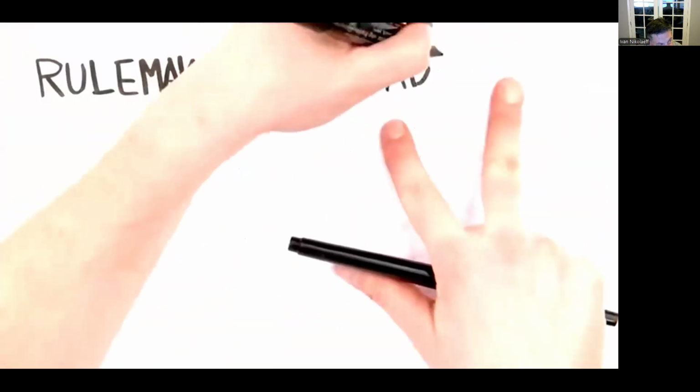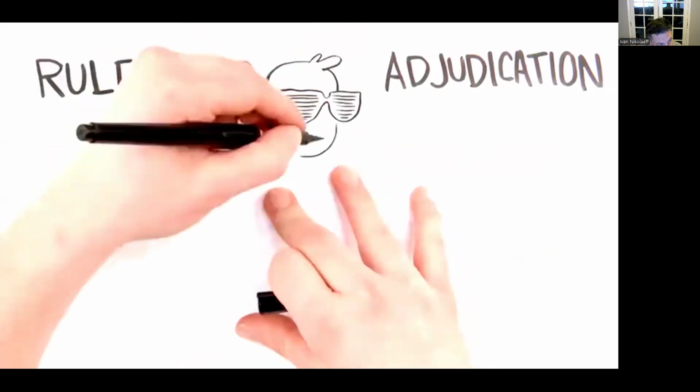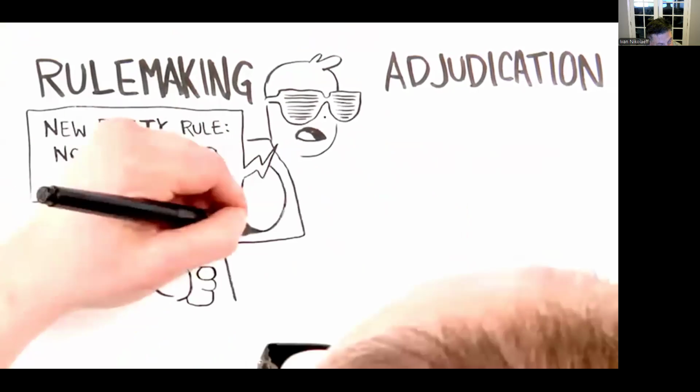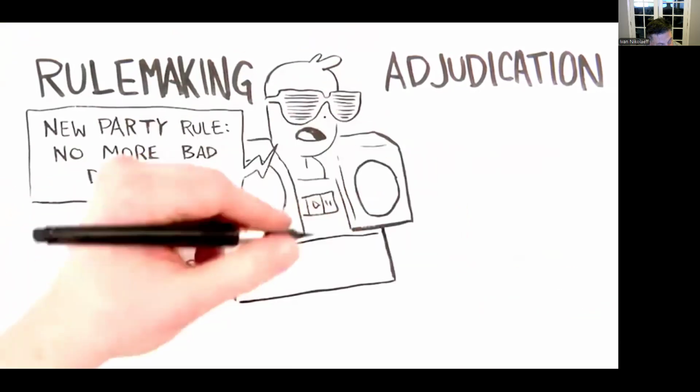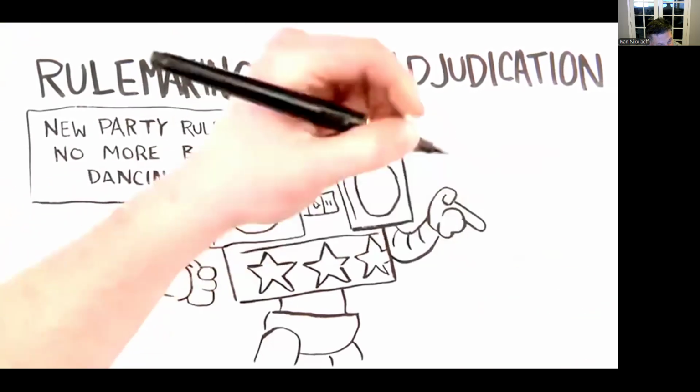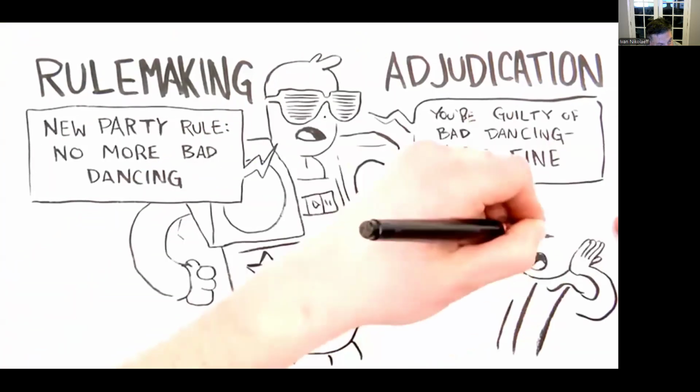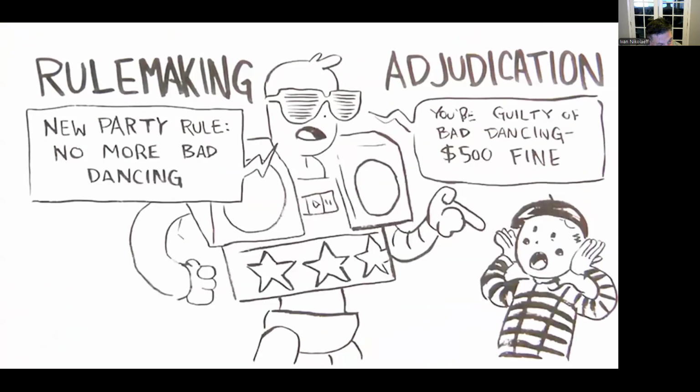The agency's two biggest tools for implementing their statutes are rulemaking and adjudication. Agencies can make rules within their subject matter that have the force of law. They can also investigate, prosecute, and judge rule breakers. So we have these giant robots with legal power and independence. We've created a monster. Well, there are several mechanisms for controlling the agencies.